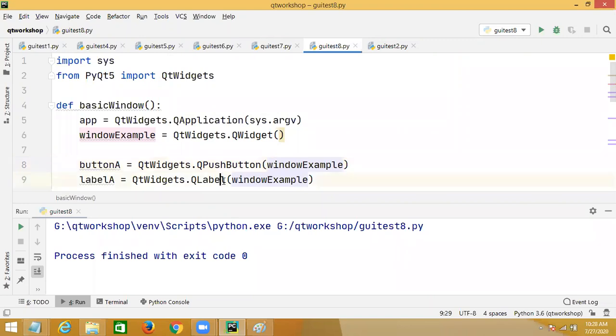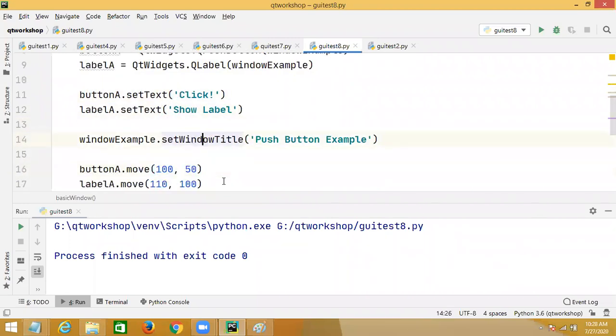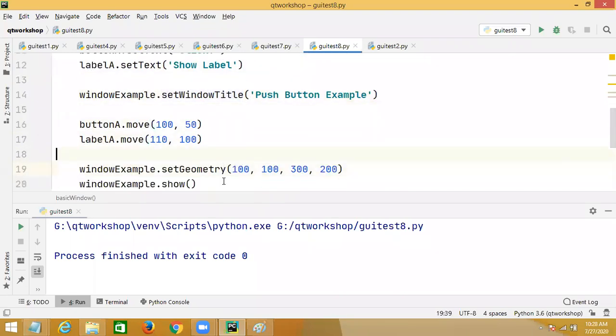Then the label is created, the button text is "Click Me", the label text is "Show Label", and the window title is "Push Button Example". We also define the positions of the label and the button.